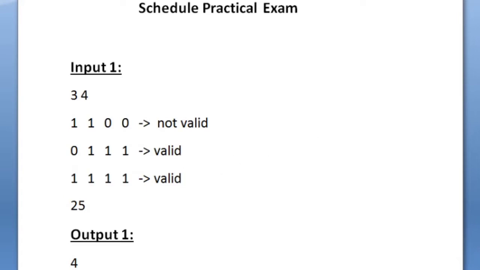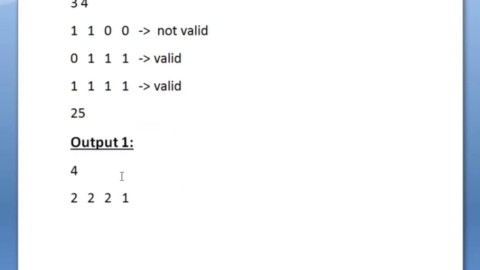So we shall see our output. So totally there are 4 batches. So in the first 3 batches we are going to use completely 2 laboratories. So we are printing 2, 2 and 2. And for the final 4 students, they can do their practical in this one laboratory alone. So 1. Because we are using only one laboratory in the last session, and for the remaining sessions we used the complete capacity of 2 laboratories. So 2, 2, 2, 1, and the total number of batches is 4. So we are printing it.